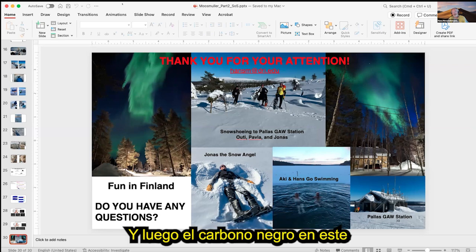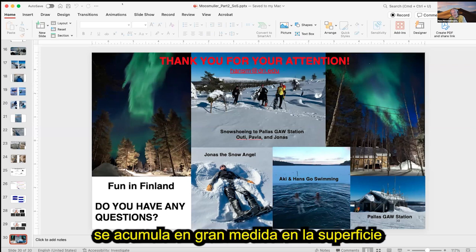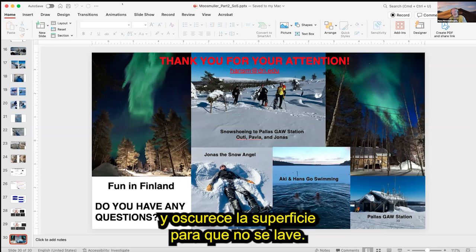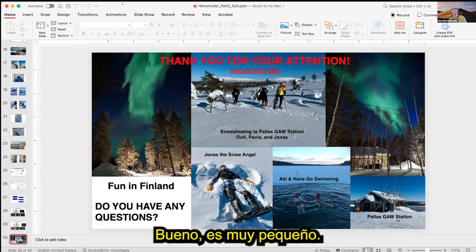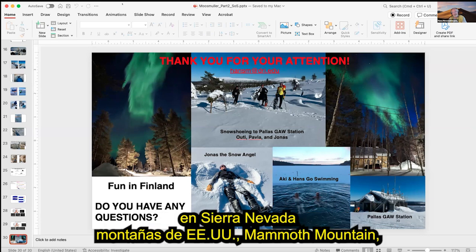And then the black carbon, it is thought, and not fully explored, largely accumulates on the surface and makes the surface darker. So it doesn't get washed out. While it's very small, it's not water soluble. And right now we're planning an experiment for next spring here in the Sierra Nevada mountains of the US at